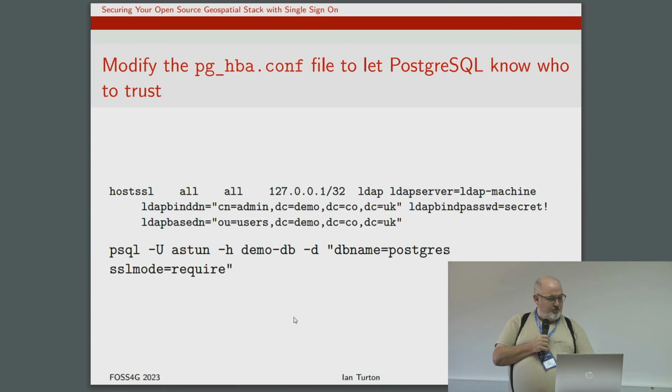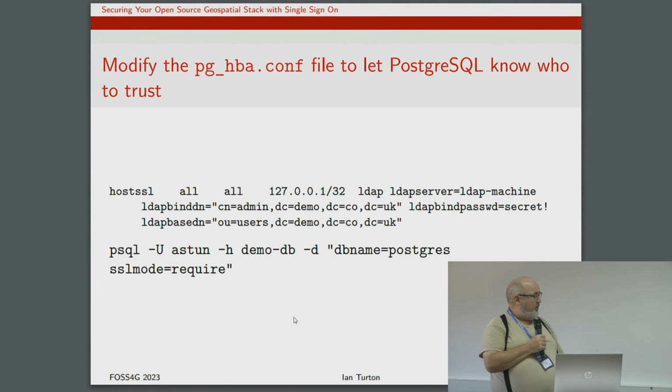That's just some of the things you'll see in the log file. Here's how you convince Postgres that it wants to trust LDAP. You say where its server is, what the binding address is, so effectively who's the user that you should use to log in, and what a base user is. And basically at that point you can then log in using PSQL or QGIS or whatever your preferred PostGIS client is in exactly the same way as you would normally.